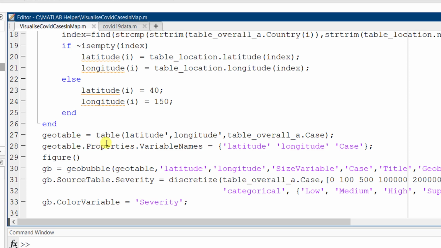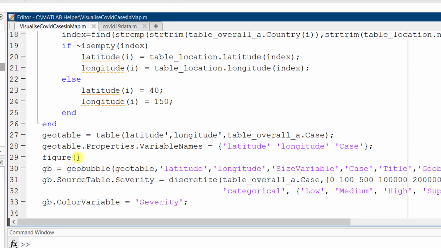For this we'll be using the table command. This table will not have the details of the name of the country, etc. It will only have the details of latitude, longitude and the overall case. Next, we are naming the variable names as latitude, longitude and case. This is the title of the table columns.